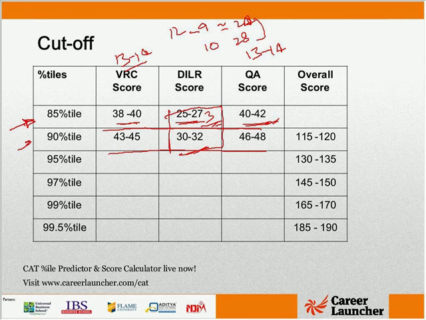But overall score, this is the kind of thing we are looking at. In CAT'15, 99.5 percentile was at a score of about 210, and this year it is at a score of about 190. So we expect the scores to come down a little in terms of percentile. And why are they coming down? Again, the same thing: a slightly more difficult paper, a larger number of non-MCQs, and you cannot use your time saved in verbal and DILR in Quant or any other area. Last year you had that advantage which allowed you to get those 20 odd extra marks.